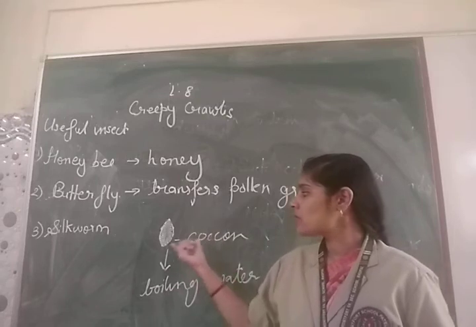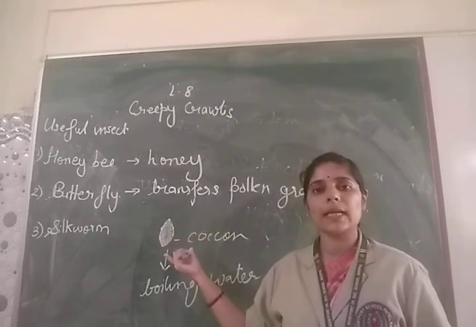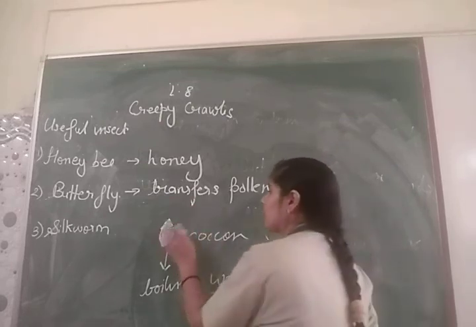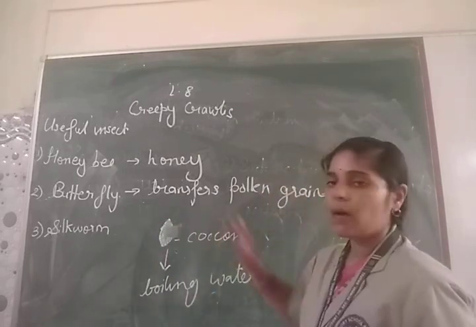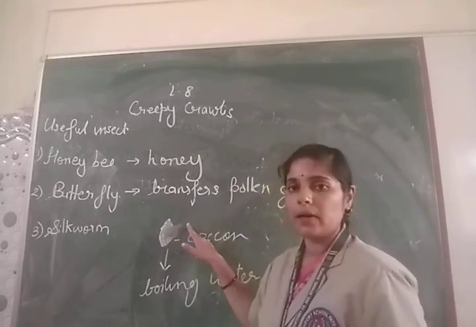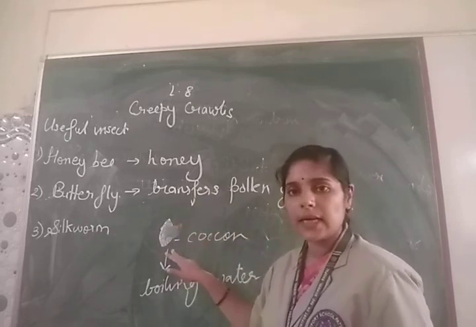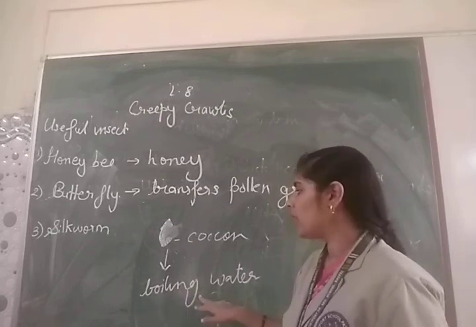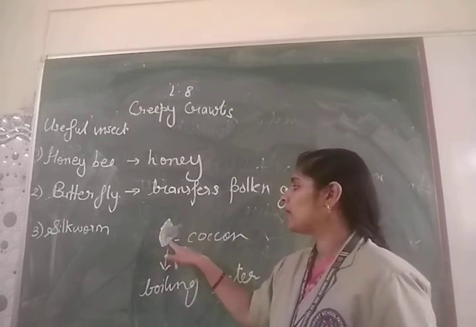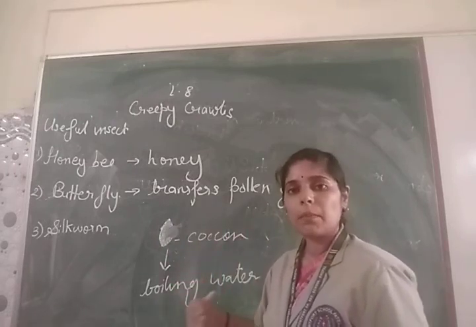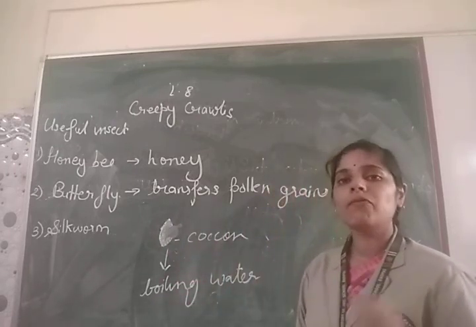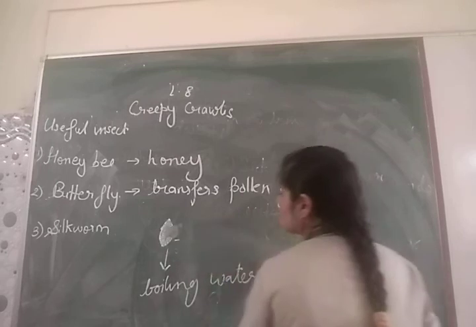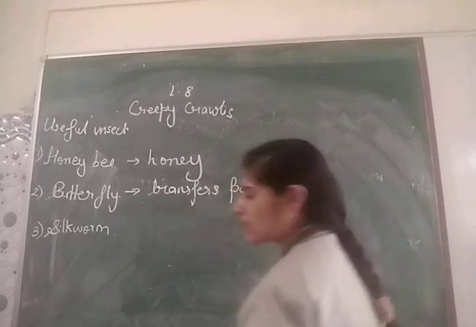That means after some time, when the caterpillar inside matures and flies off, what will it do? It will break this cocoon. It will break it from, suppose here, and it will come outside. So this should not happen. The caterpillar should be inside the silk cocoon only, and then it is boiled. So when we are boiling it, the thread is separated and the caterpillar is separated out, and in this way we get a fine silk thread. So the silkworm is another useful insect which gives you silk.